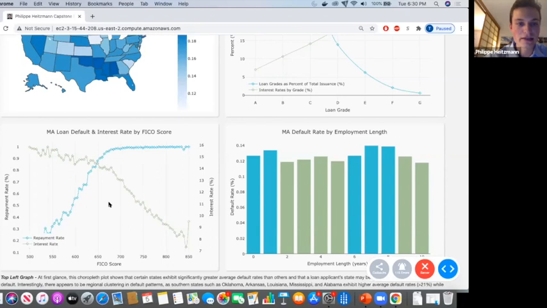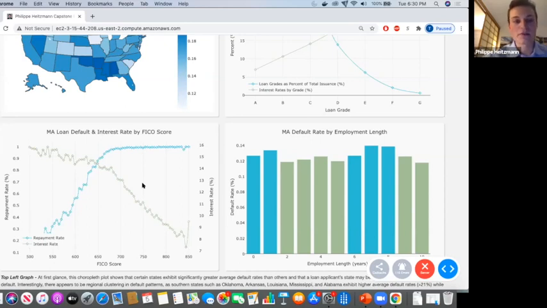And the interesting thing being displayed in this graph is that applicants between 650 and 700 FICO scores have a repayment rate between 0.9 and 1, which is pretty identical to other FICO score applicants, mainly the applicants that have FICO scores between 800 and 850. And the interesting thing here is that those 650 to 700 FICO score applicants, though they have the same repayment rate as those quote unquote higher quality FICO score applicants, are still being charged 2 to 3% more in interest rates.